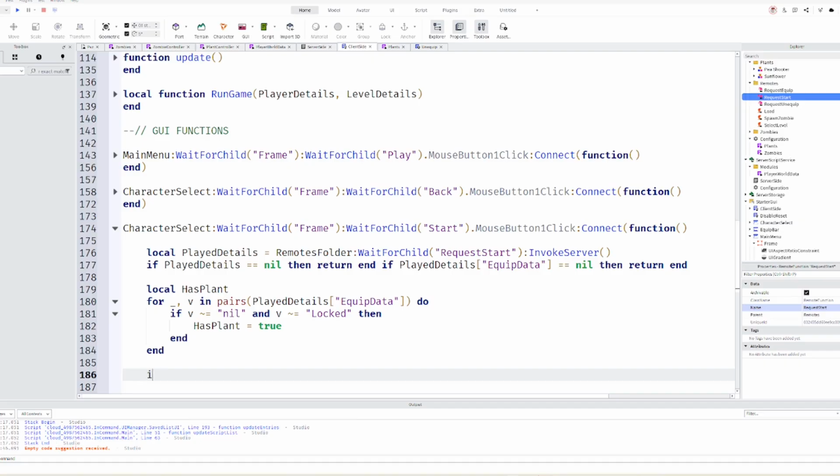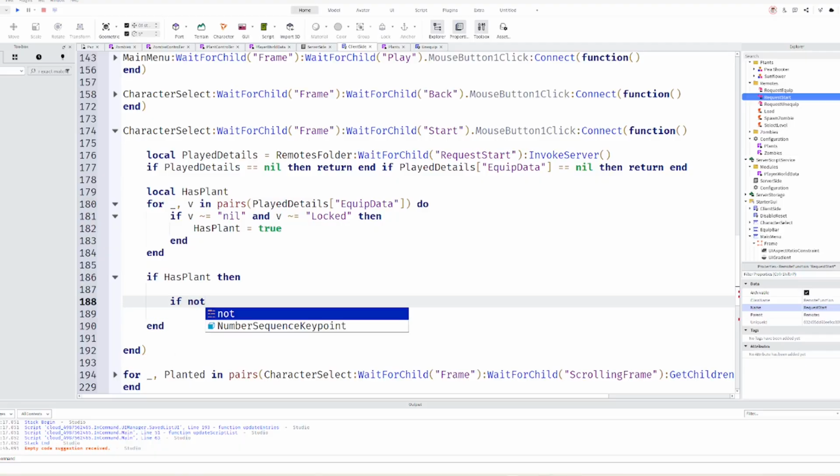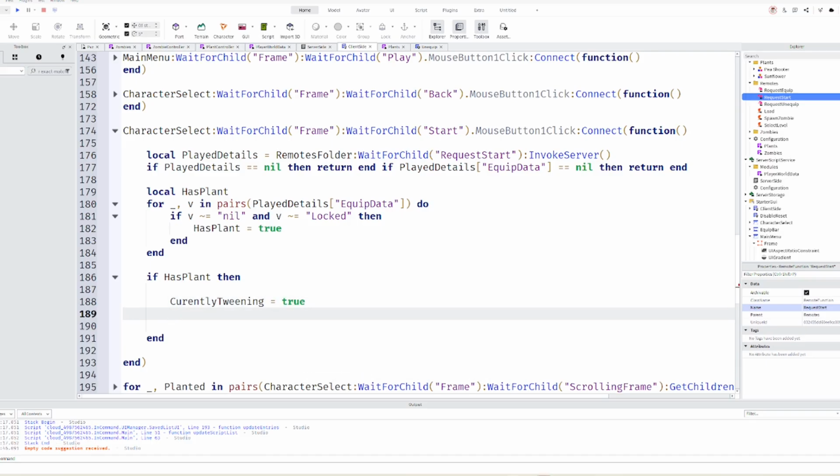And if we have a plant, that's great news, because we can do currently tweening is equal to true, and then we can